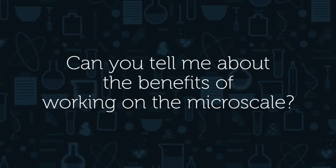So the basic idea is that when we work, for example, with droplets, which have picoliter volumes rather than microtiter plates, we have two main advantages. One would be we can have much higher throughput. So we can process millions of samples rather than, let's say, a few hundred or a few thousand for